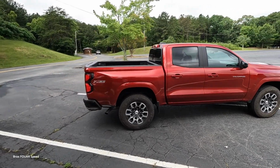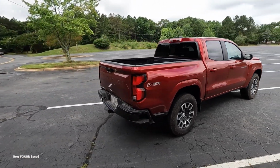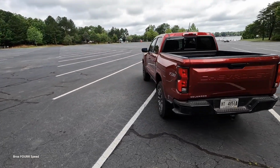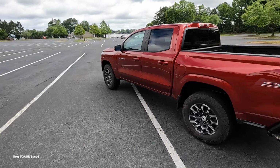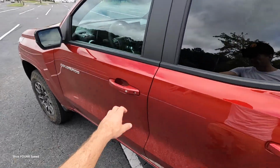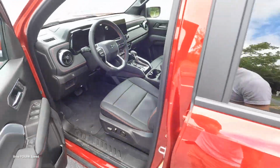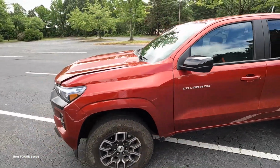So in front of us is the all-new redesigned 2023 Chevrolet Colorado. This is the Z71, finished off in radiant red. It has an MSRP just over $47,000. Now as we start off today's review, we're going to take a look at what powers this all-new mid-size